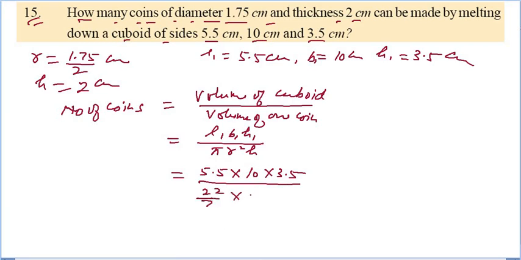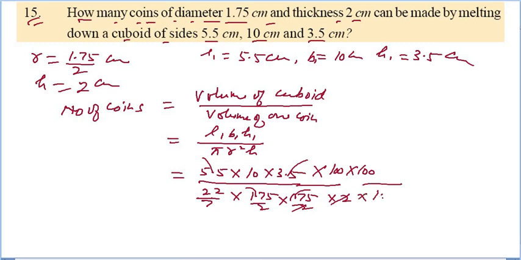R1 is how much? So 1.75 by 2 and 1.75 by 2. And H, that is the 2. So 2 will be cancelled out here. Now we can calculate it. Now remove the decimal and put the 0, 1 double 0 and once again 1 double 0. And here we can remove the decimal and put the 0, that is the double 0. So double 0 cancel with double 0. So now calculate this one.